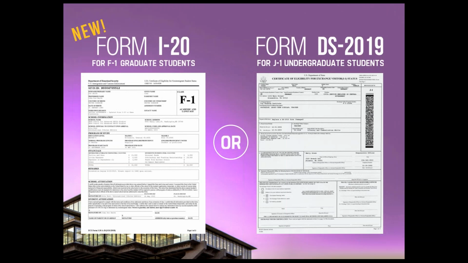So this is what the I-20 and the DS 2019 look like. When you receive the corresponding forms, please make sure the details are correct, such as the spelling of your name, your birth date, country of birth, and citizenship. If there are any issues, please contact us immediately. Be sure to arrive to UC San Diego by the start date on your I-20.